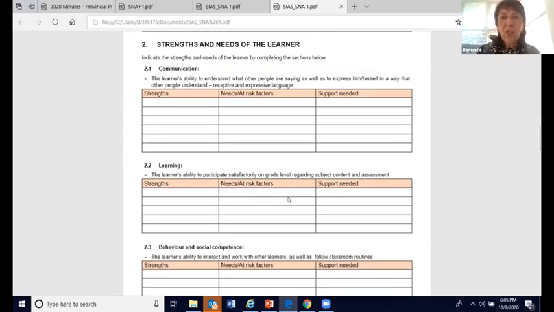So often teachers would refer and say, this child can't do anything, he's hopeless, you know, that kind of language. We try and discourage that. We encourage teachers to have a growth mindset. We encourage them to also think about what the learner's strengths are. So let's look at the different categories. The first category there is communication. What are the learner's strengths in communication? So I don't know, Linnea, your learner that you offered as a case study, does the learner have any strength in communication?